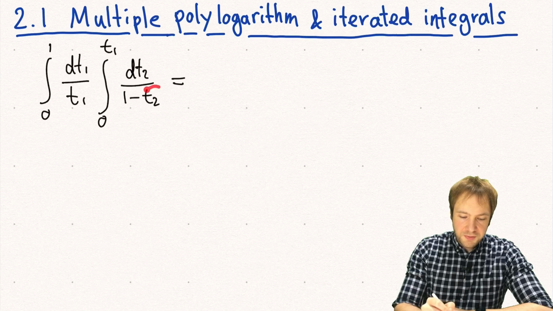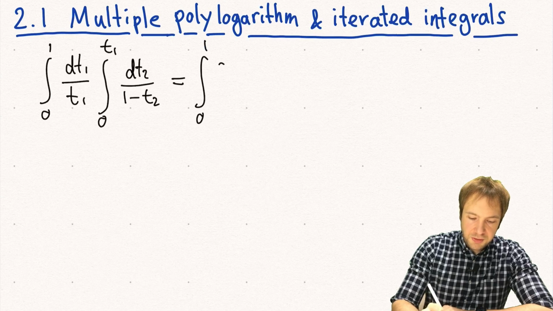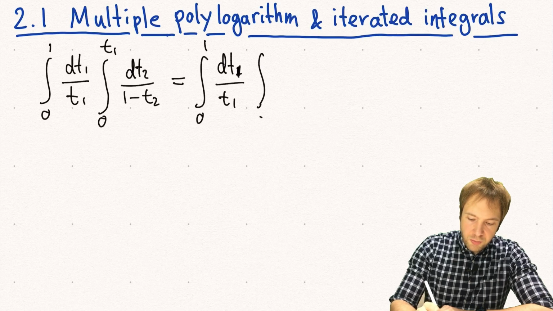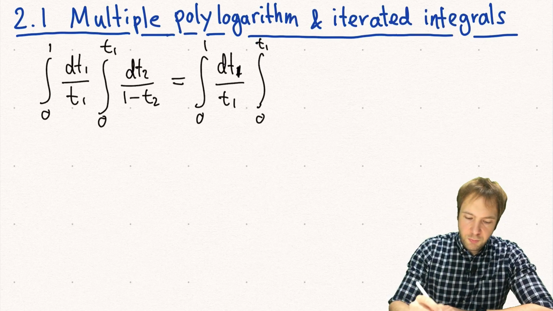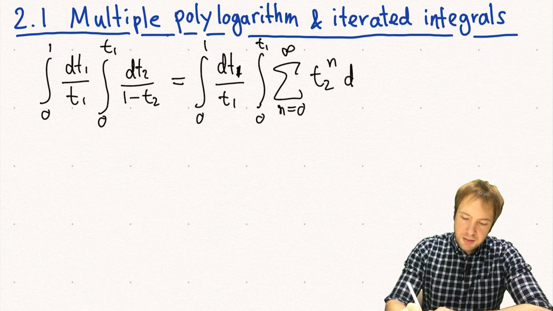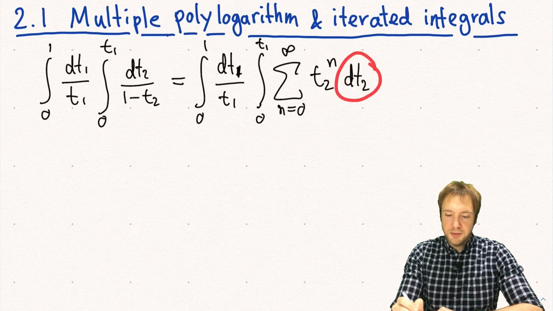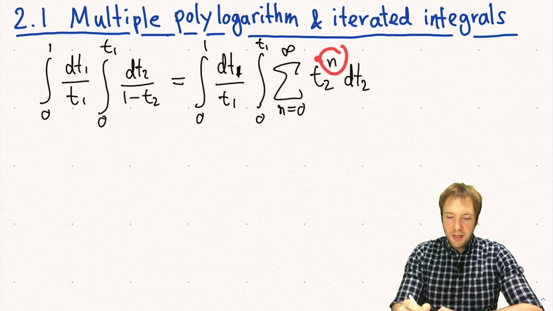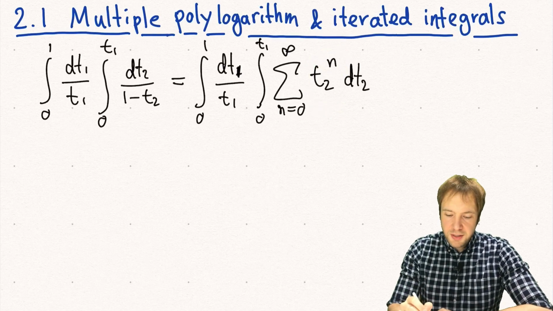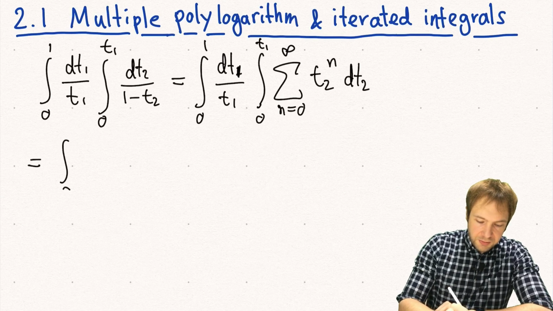And now, since this t2 is smaller than 1, we can use a geometric series. So we still have this integral dt1 over t1, and now we have the integral from 0 to t1, and here we have the geometric series, the sum of t2 to the power of n, dt2. So now taking the integral of this with respect to t2, we just get n plus 1 in the denominator and t2 to the power n plus 1. So this equals